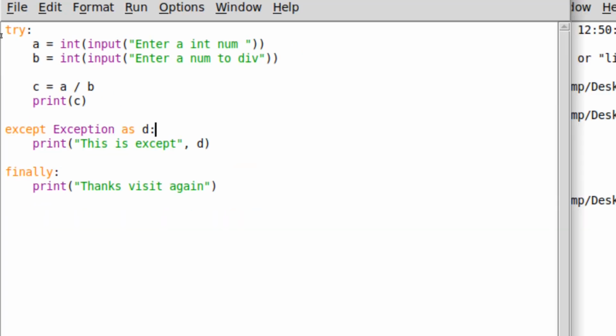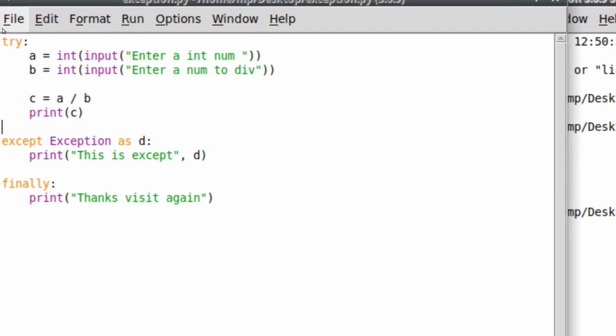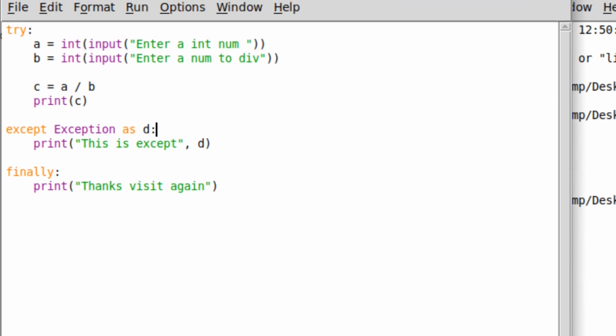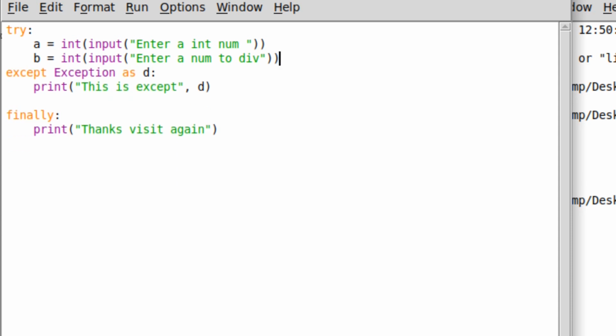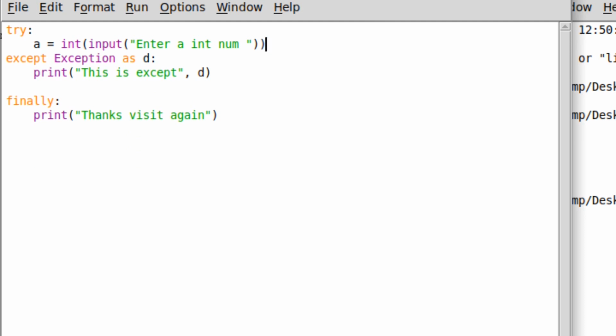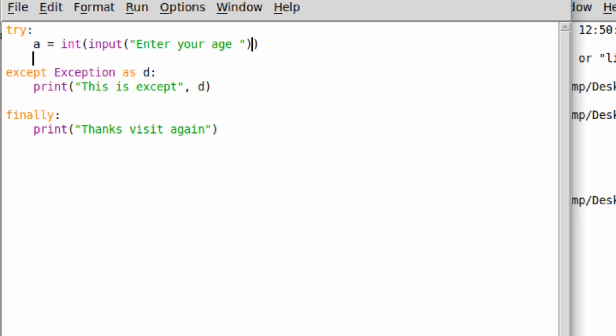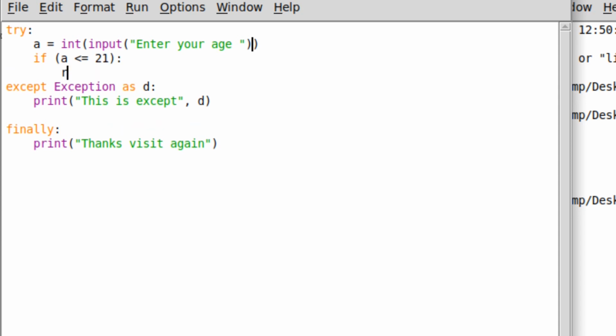So let me show you one more example now, where we are just raising the exception as an error. I don't think we need two variables here, we just need one, and we are going to compare this. Now imagine a scenario where we are taking the age of a user and checking whether he is eligible or not. So we'll write "enter your age", so he'll write some age. Then we are going to compare this age. So we'll write if a is less than or equal to 21, then raise a ValueError, and show a custom message that